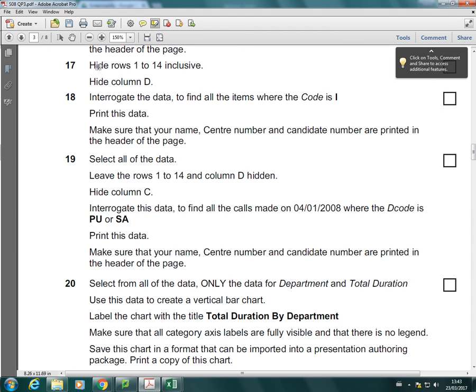In this video, I'm just going to go through how to interrogate data. So the first thing I'm going to do before I start the actual interrogation is I'm going to look at question 17 on this question paper, which is Summer '08 question paper 3, because I want to hide the rows